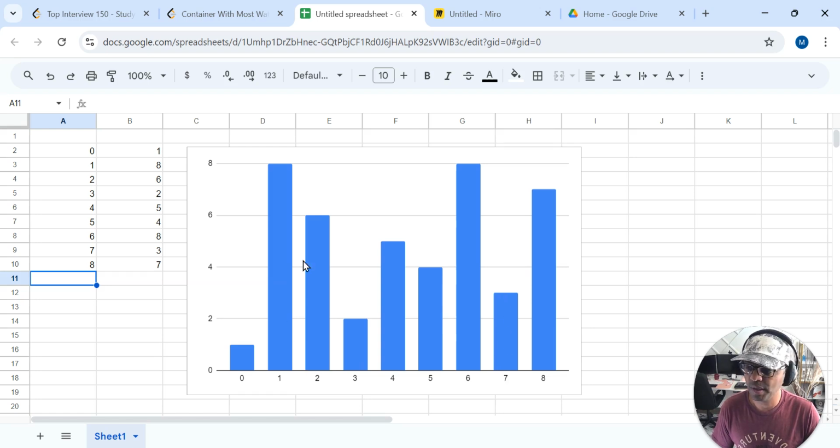The height is the minimum of the two heights, which is 3. So 5 times 3, that's 15 square units of water that it can hold. Okay. So one thing is that what we are doing in our brute force algorithm is that when we did